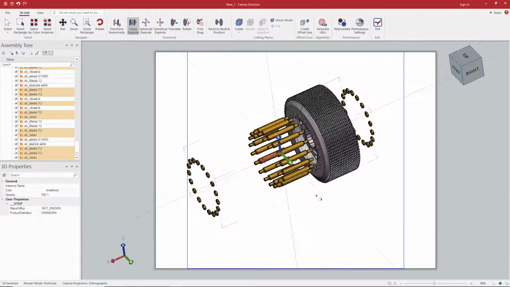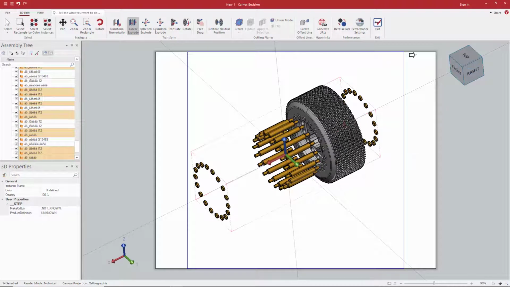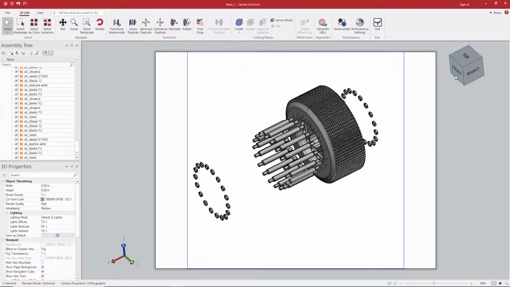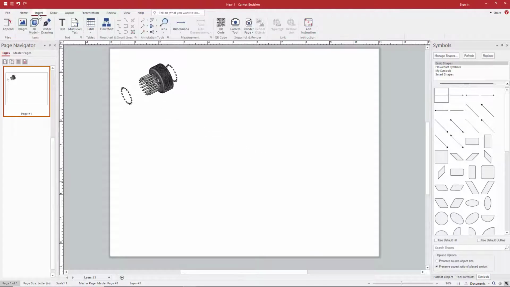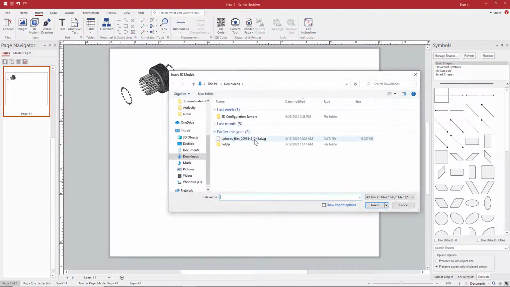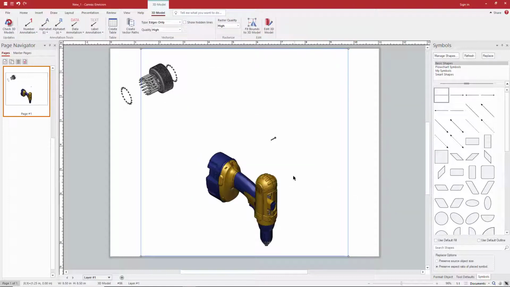For selecting with color, I will need a model that contains color data, and for that I will use a different model. I will go to Insert, 3D Model, and click on this DWG file that is a model of a drill. The model was not in perfect shape when it was built, so let's do a few edits before we use it. I will enter its 3D edit mode,